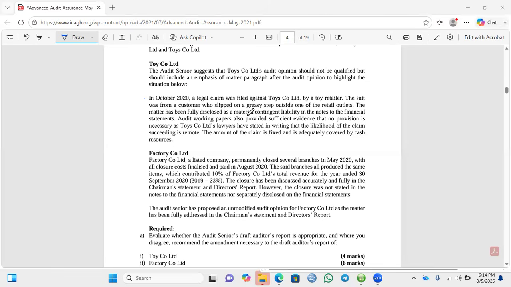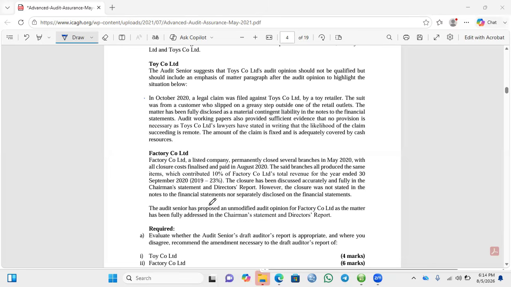And the reason why I'm saying yes is because he says that the audit opinion should not be qualified, which means that we should go ahead and say that the financial statement gives a true and fair view. But he also hints that we should include an emphasis of matter paragraph. And in that paragraph, we are going to talk about this legal claim. Since it has already been established and we know that the amount is fixed, I don't think it will have any material impact on the financial statement for us to qualify our opinion. So I think he was right here.